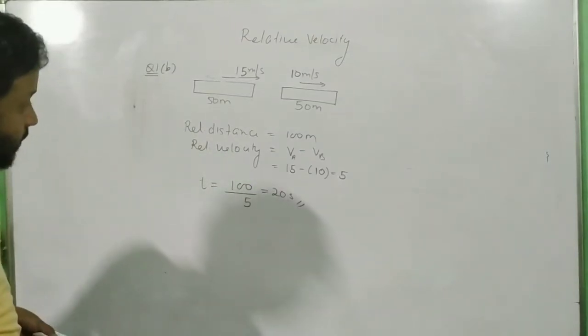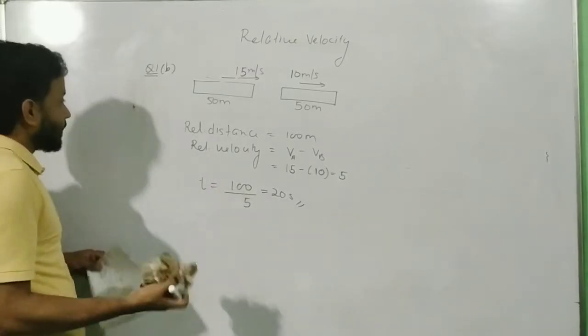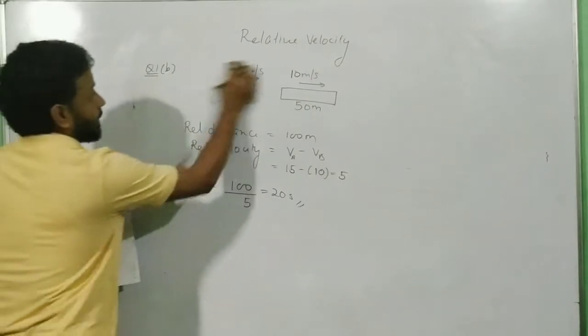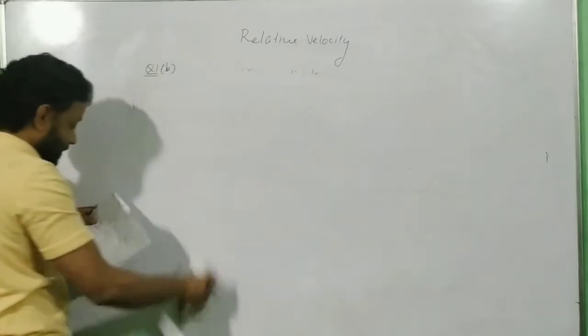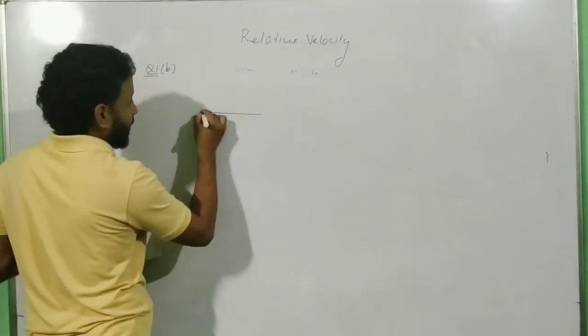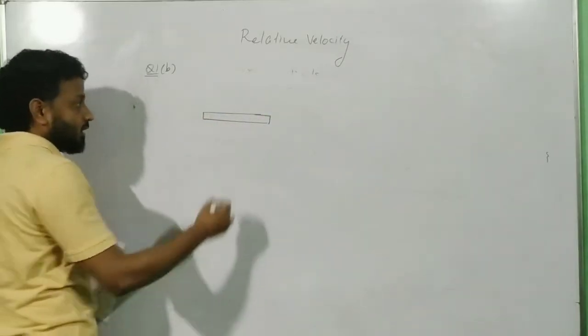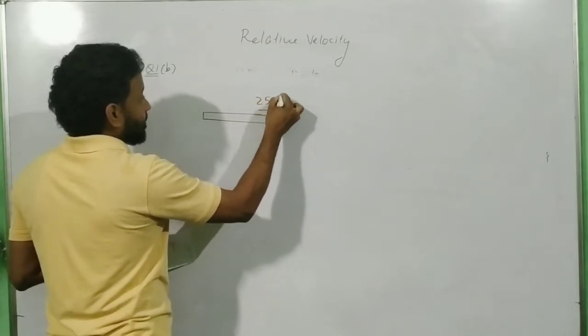The other type of question also deals with trains only, but in a slightly different way. I hope you have taken a note of this. Now let us go with this question. This is generally a train type question again, and it says that a train is moving in this direction, let us say in the direction of east, with a velocity of 25 meter per second.